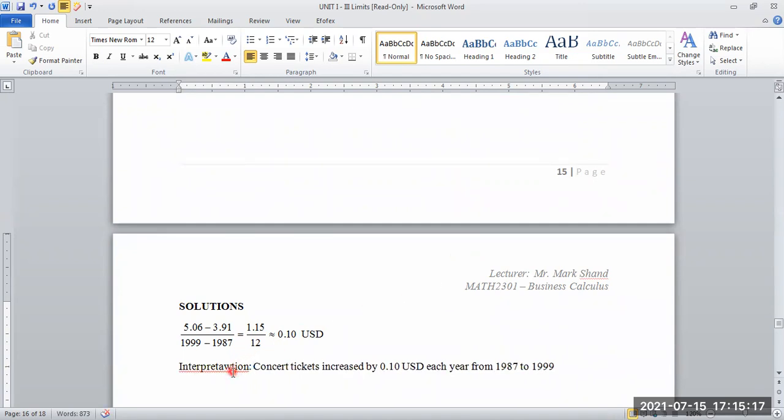Sir, where does the double come from? Oh, okay, right. So the interpretation is that concert tickets increased by 10 US cents each year from 1987 to 1999. That's the interpretation. But sir,